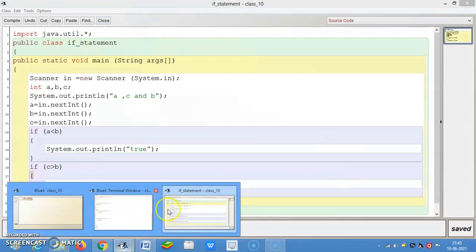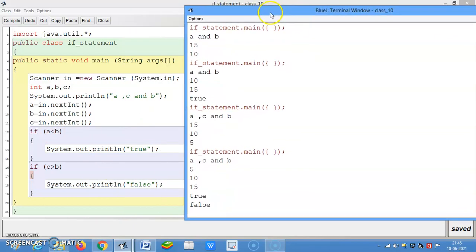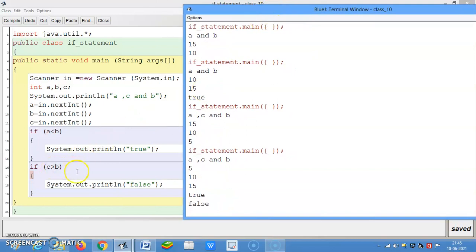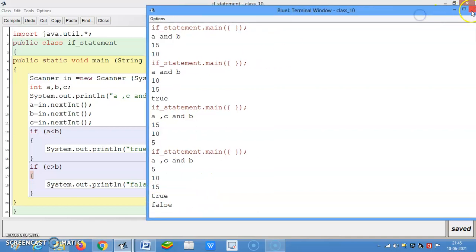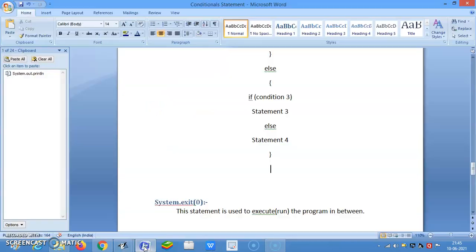You can see this. A is smaller than B, it is true, and C is greater than B, so true and false as we want. So we can print any odd or even also. Then guys, what we have here,